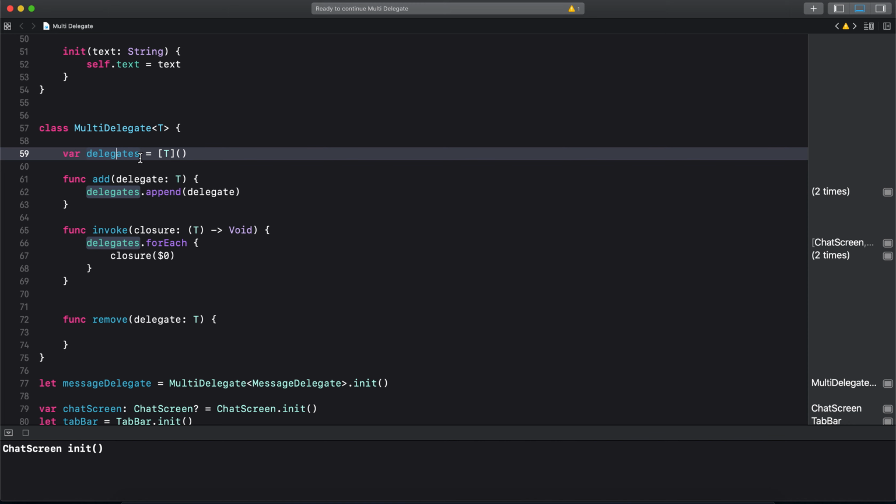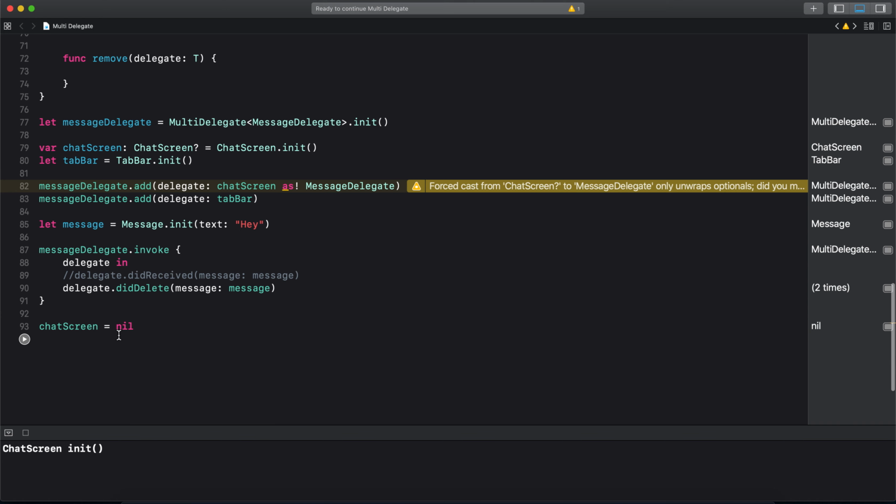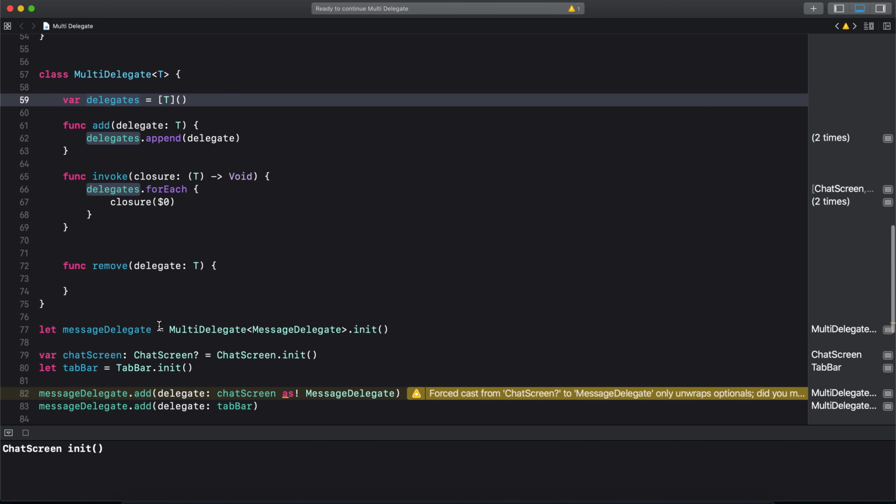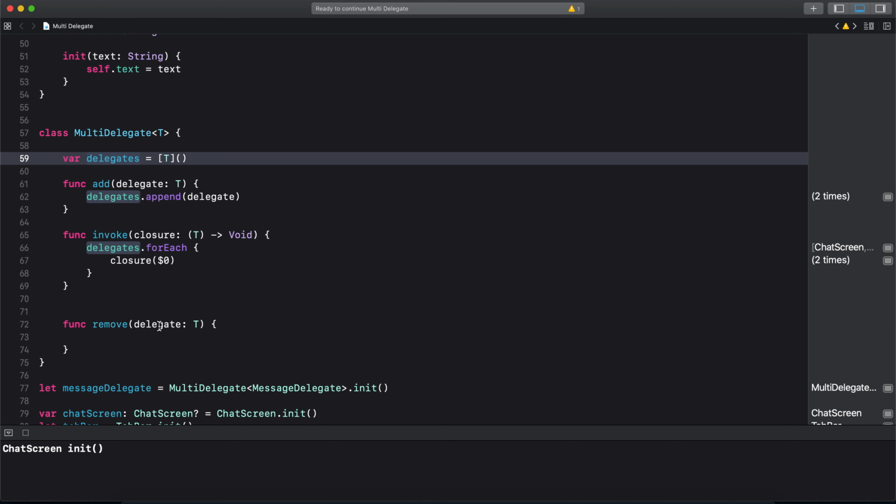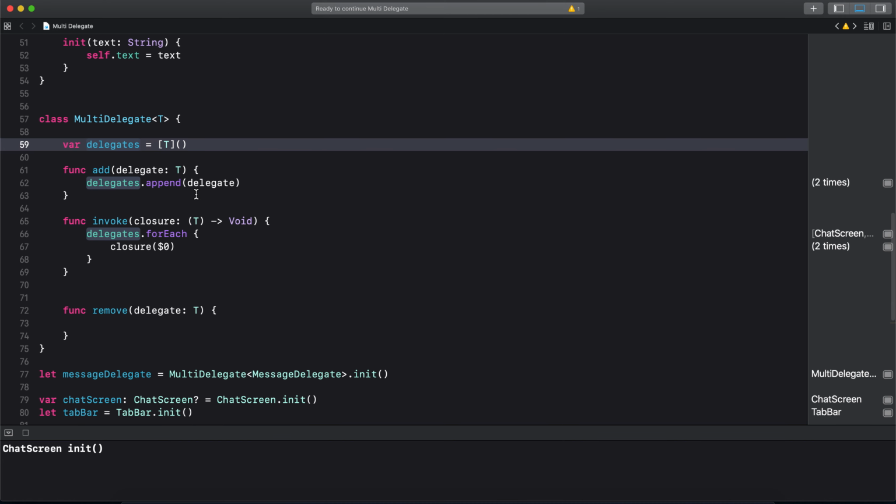So its reference count is 2, and when we make it nil, its reference count is decreased by 1, and it still has a reference count of 1. That's why it's not deallocated by our operating system. So the point here is that an array holds its elements strongly. In this case, what we want to do is hold all the delegates weakly,